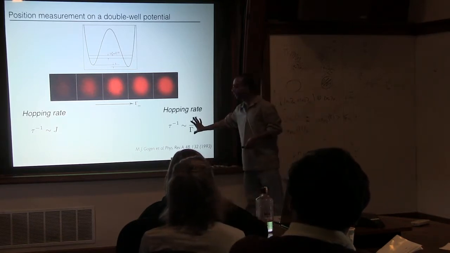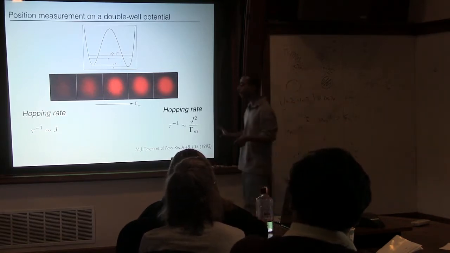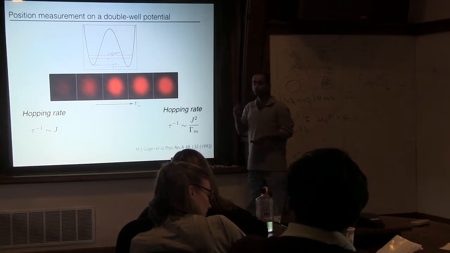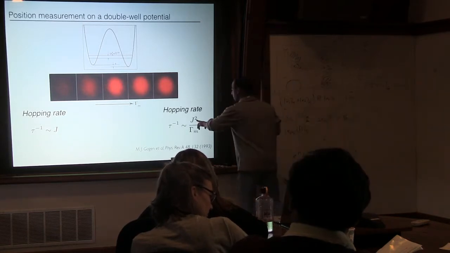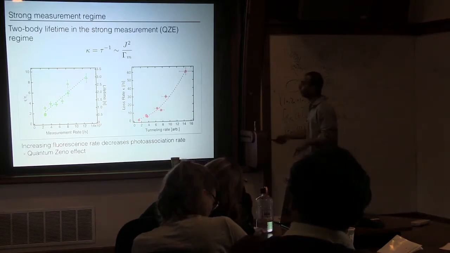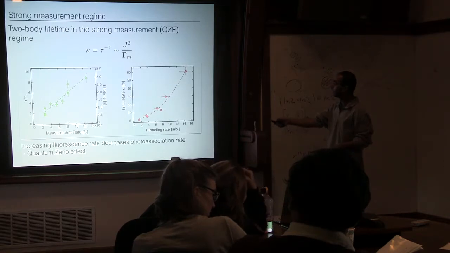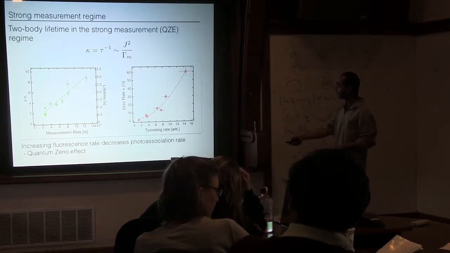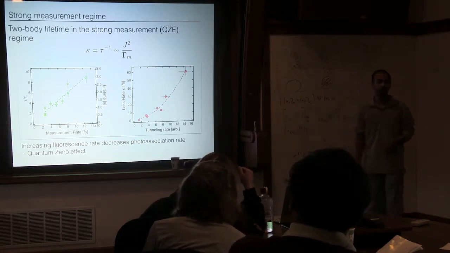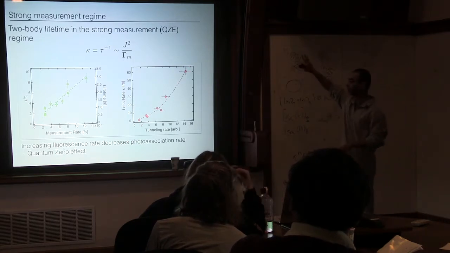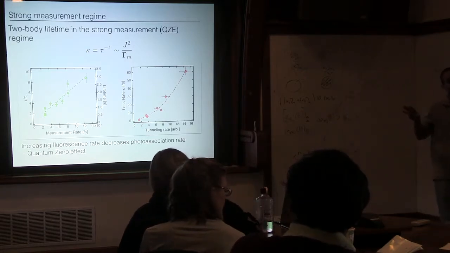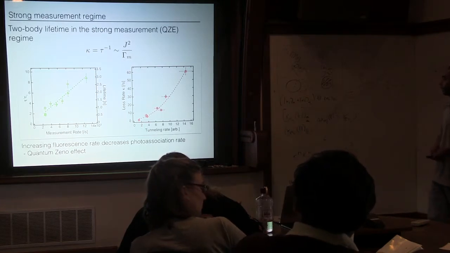But it's a continuous effect. And this is something called the quantum Zeno regime. For very weak measurements, I expect the measurement to have no effect. And as I go to very strong measurements, I expect this second order perturbative structure where the tunneling rate goes as J squared over gamma m, and we see that very clearly. As we go to very strong measurement rates, we see that the lifetime increases linearly with the measurement rate, and the loss rate kappa goes quadratically with the beta. So we've gone from no effect to a second order perturbative effect, and this is a classic signature of the quantum Zeno effect: by the act of measurement, you actually suppress coherent